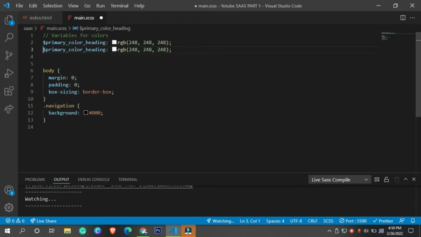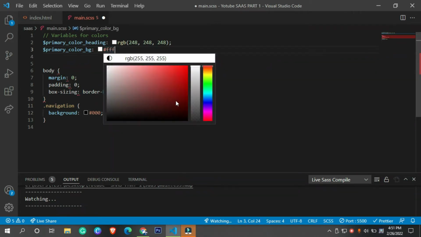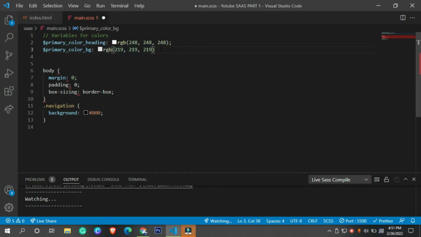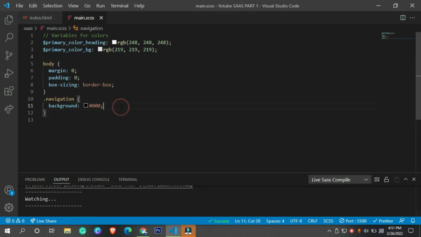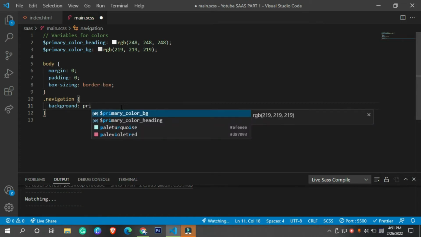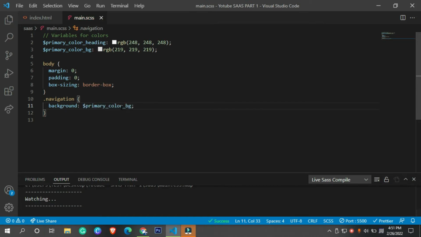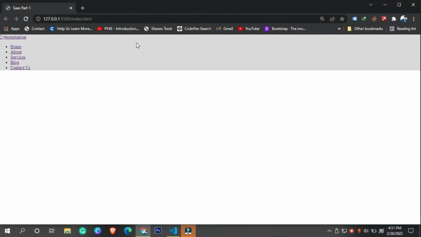So you just don't need to think about it, because you are going to use some kind of CDN in order to get code from someone's server. That is the best thing about Sass. So let's have all of these variables: primary color bg, primary color heading, primary color. Let's say we want a heading, a background, a font, a paragraph. You can have much more, any kind of variable. If you want to hold anything inside a variable, you can easily do it.